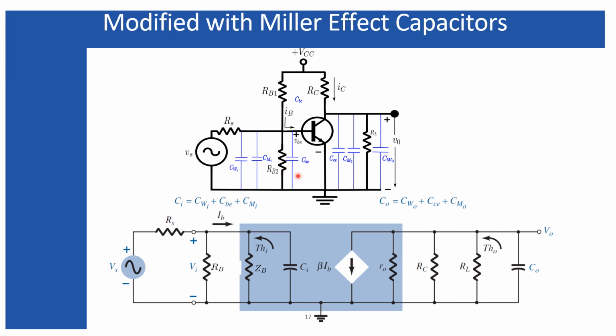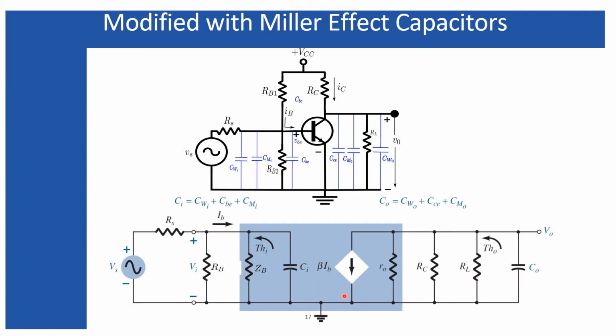Now you just have to replace the equivalent model of this bipolar junction transistor, considering all three capacitors are parallel. And we know the parallel combination of capacitors can be represented as a simple summation of all three. So that is why Ci represents the input capacitor. Similarly, C0, which is the summation of all three capacitors appearing at the output terminals, is the C0. And here is the small signal model where Ci is appearing due to the input capacitors, and this C0 is appearing for the output capacitors.